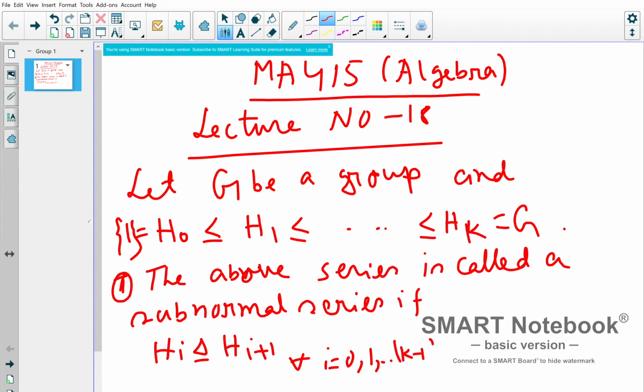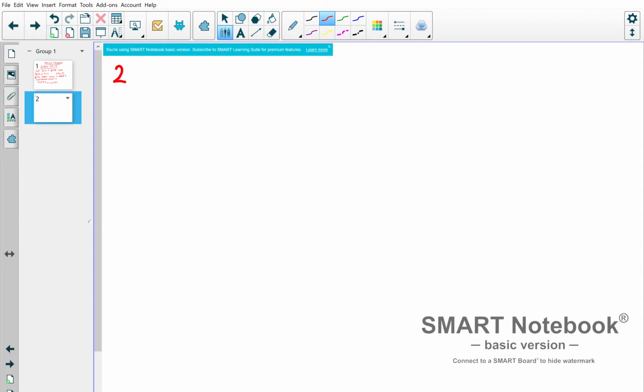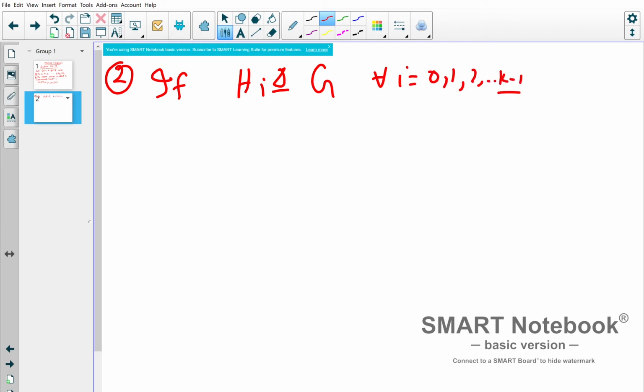So H0 is normal in H1, H1 is normal in H2. Then this is called a subnormal series. And if Hi is normal inside G for all i, not only inside the next one but normal in the full group,